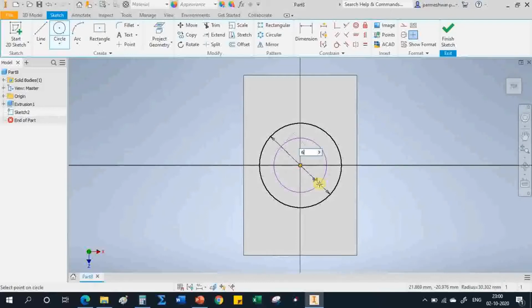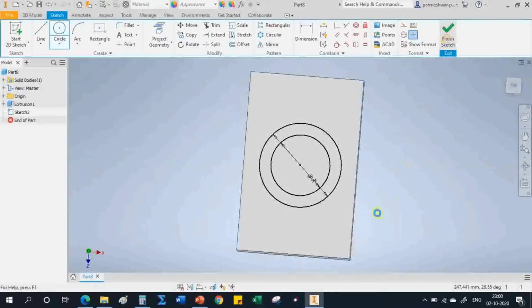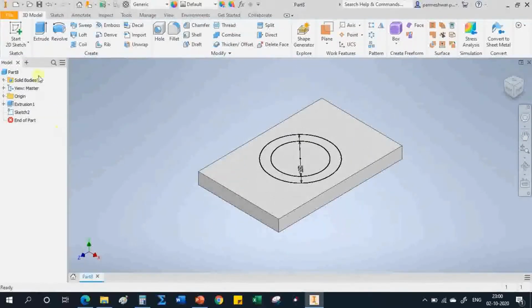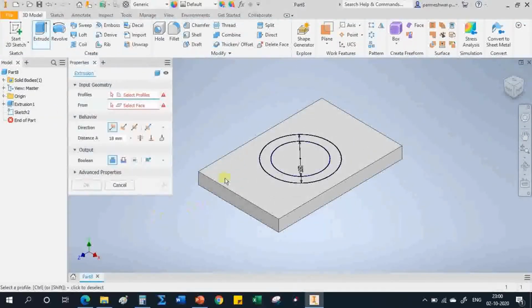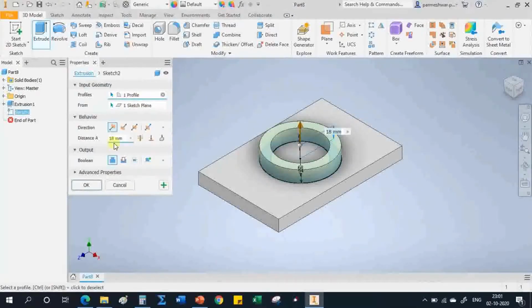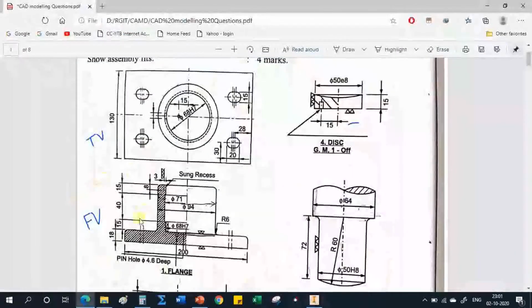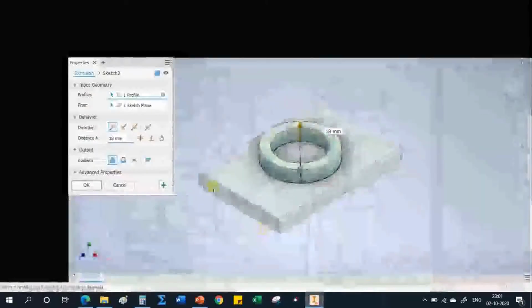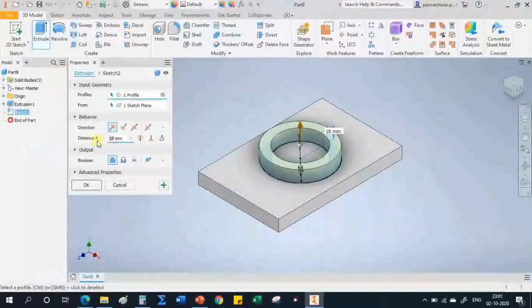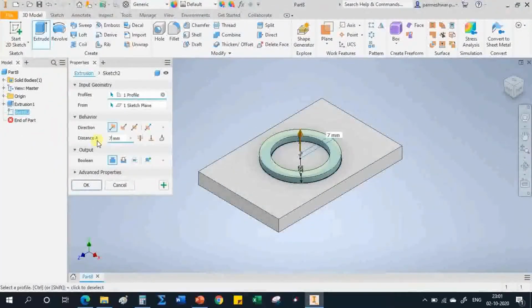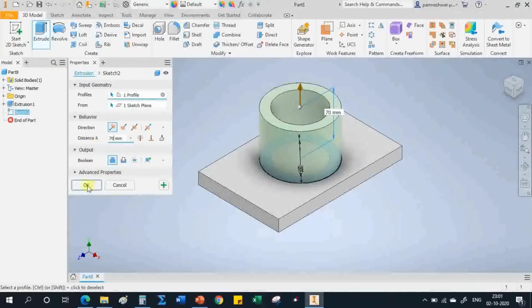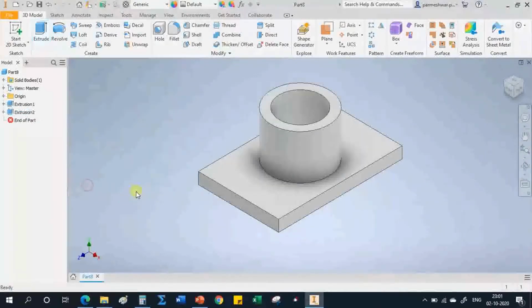So this is 68, right. Finish sketch and now extrude. So I have to extrude this part, so I will click here, and the distance is how much? It is 15, 40 and 15. So total is how much? 70. So enter here 70. So this is my 70 length, right.